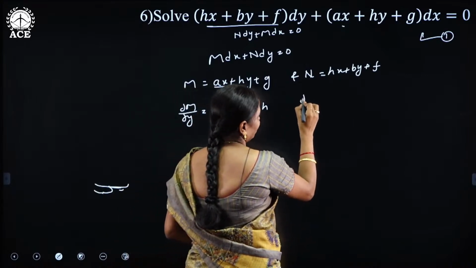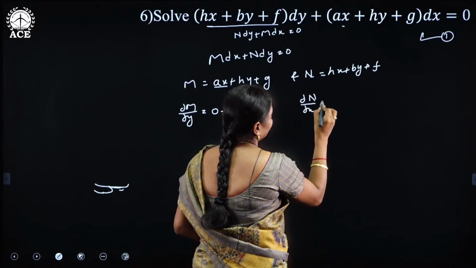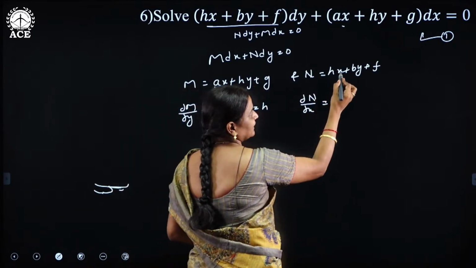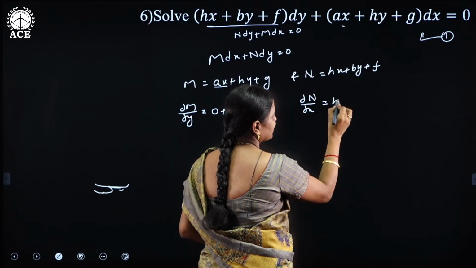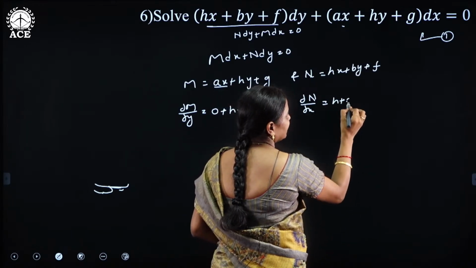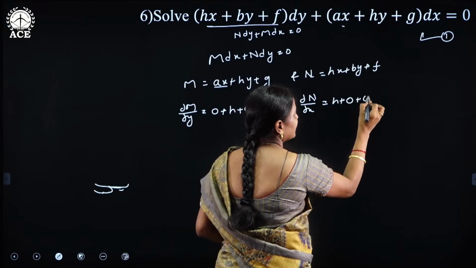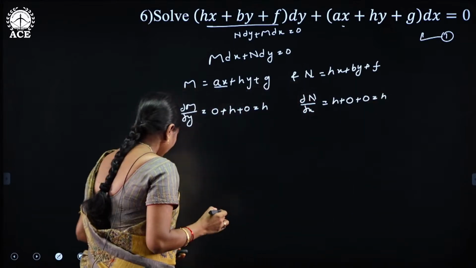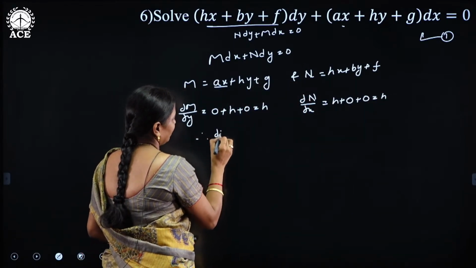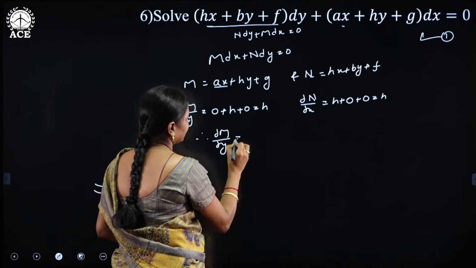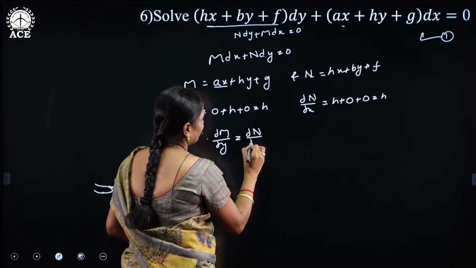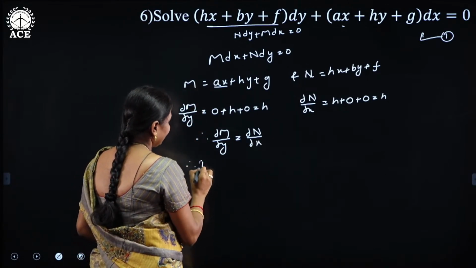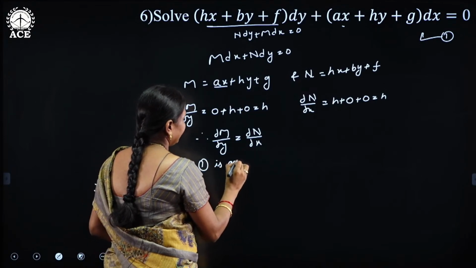And ∂N/∂x. Here differentiation is performed with respect to x, x differentiation is 1, its coefficient is h, and here this is the constant 0 and f is also a constant, differentiation of constant is 0, that is equal to h. So, from these two we can write ∂M/∂y is equal to ∂N/∂x. If ∂M/∂y is equal to ∂N/∂x, therefore, equation 1 is an exact